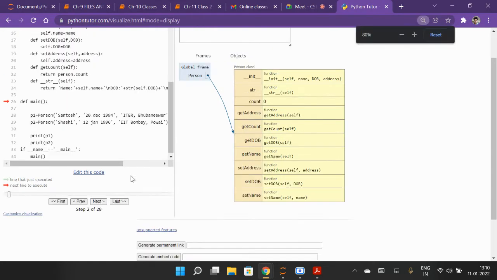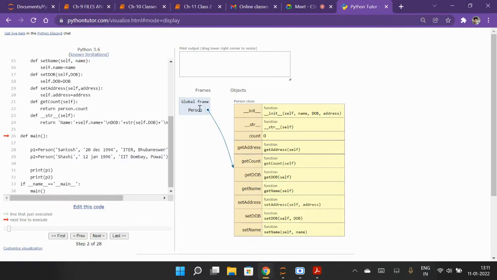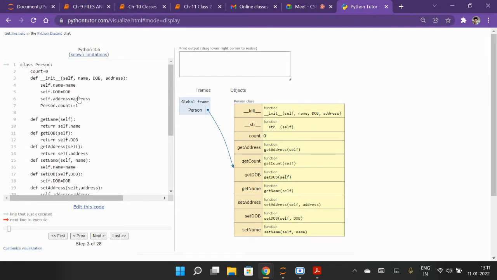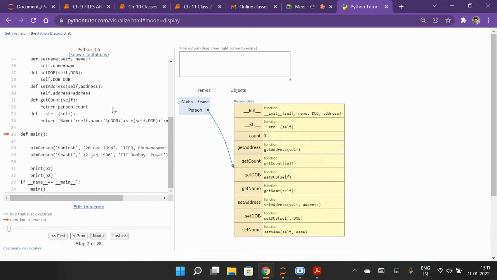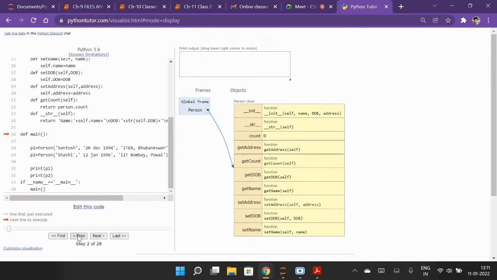So the same thing is printed here in the PPT. You can see, same thing. Screenshot is there. So Person is a class, okay, and these functions we have defined. So these many functions are there.